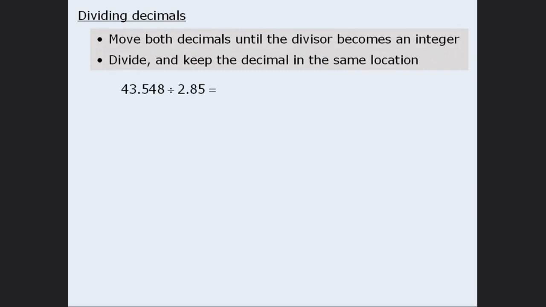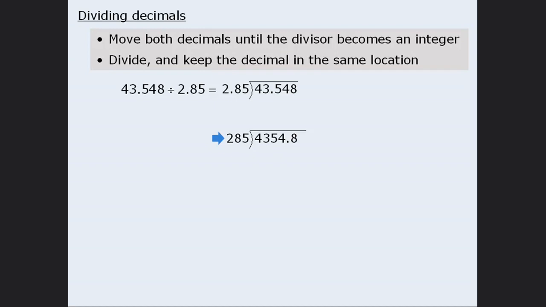So to divide these numbers, let's first rewrite the division this way. Now before we can divide, we must take our divisor here and turn it into an integer by moving the decimal 2 spaces to the right to get 285. Now since we moved the decimal in the divisor 2 spaces to the right, we must also take the dividend and move the decimal 2 spaces to the right to get the following number. At this point, we are ready to divide 285 into